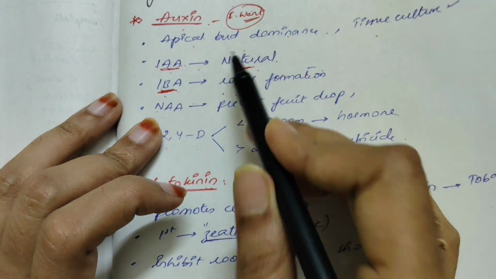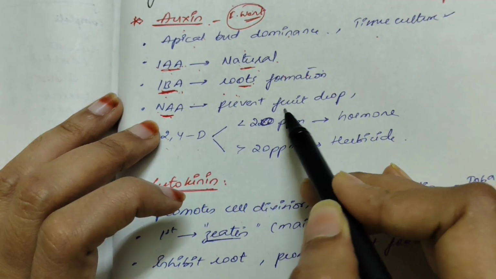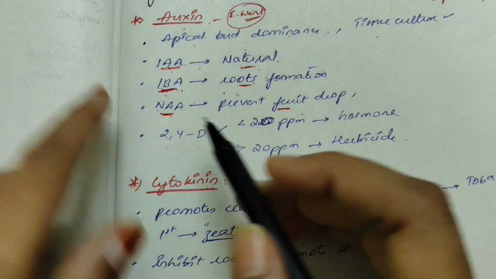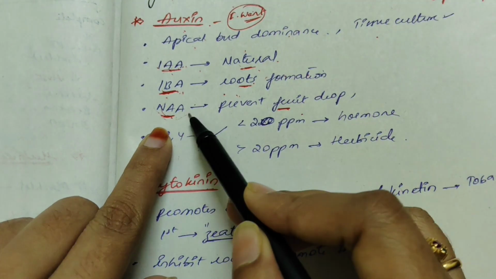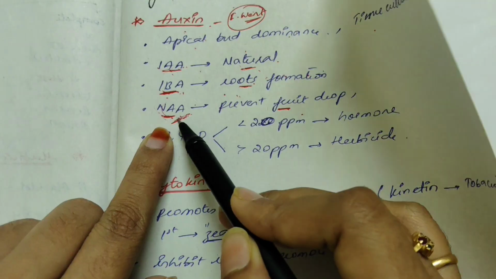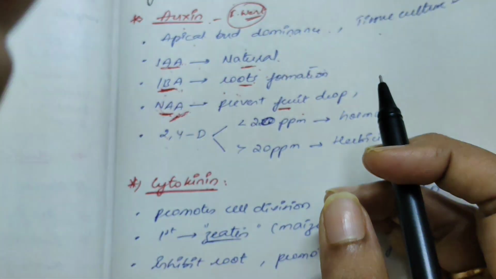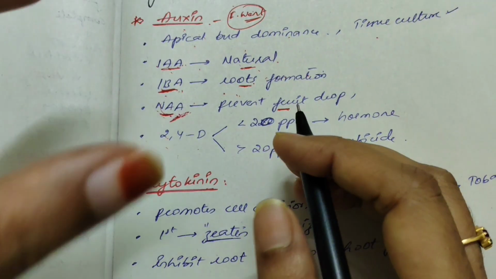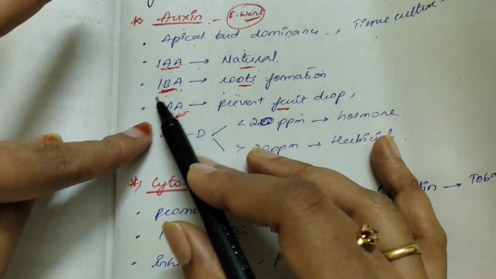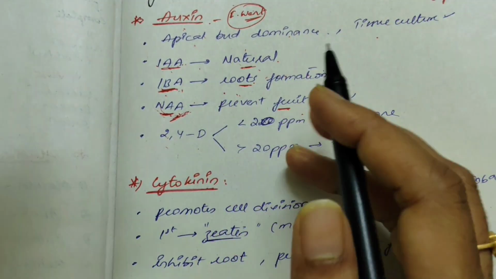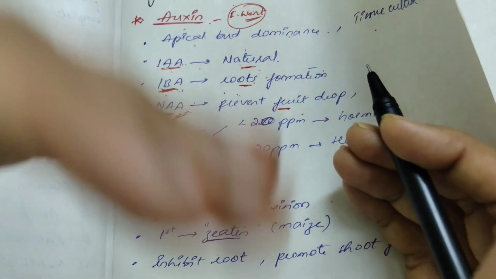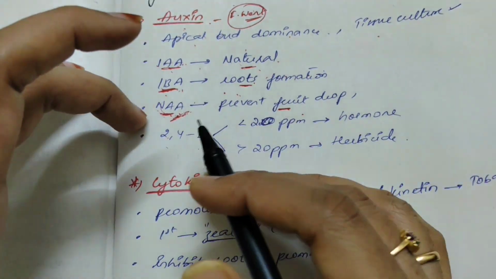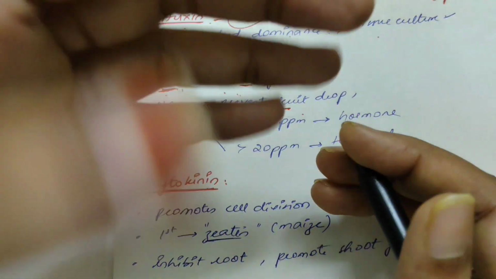Indole butyric acid helps in root formation. Naphthalene acetic acid prevents fruit drop, meaning before fruit falls, its application is mainly used in horticultural crops. For basic understanding I'm saying this: naphthalene acetic acid is mainly used in horticultural fruit crops to prevent fruit drop. Whenever we are ready to harvest, we apply this, so that during flowering and fruiting